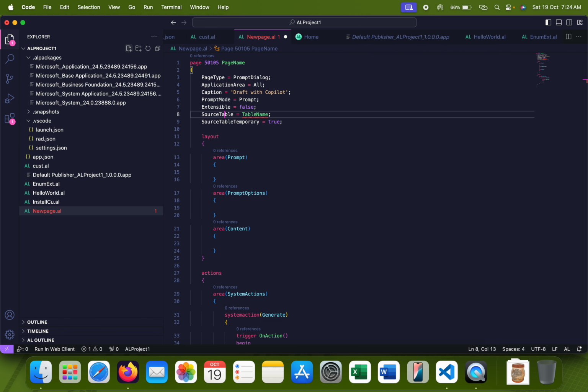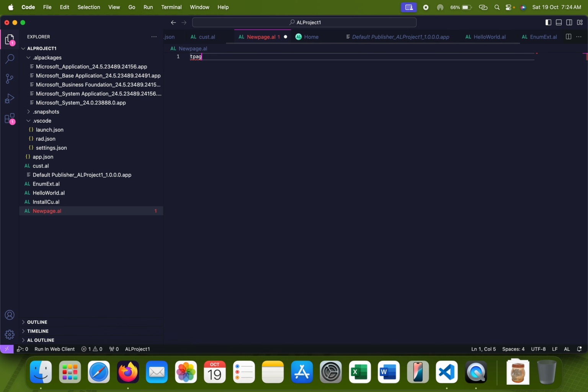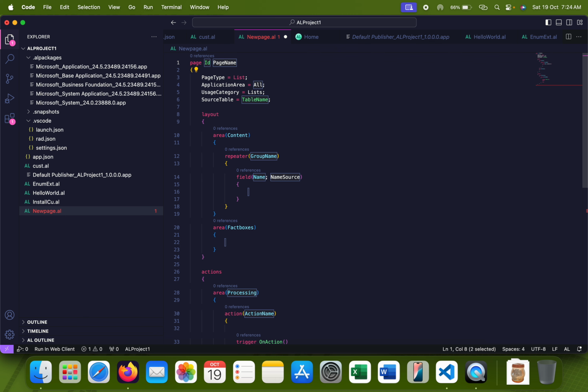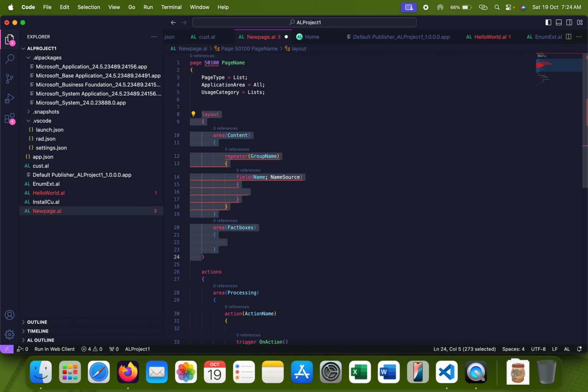Oh, sorry, it's wrong. It's defined as prompt mode prompt, which means it's a Copilot page I want to build, but I don't want to build a Copilot page. Let me type a normal list page. All right, so I don't want any table, so let me delete this. I don't want any layout at the moment because I just want to show you the things related to